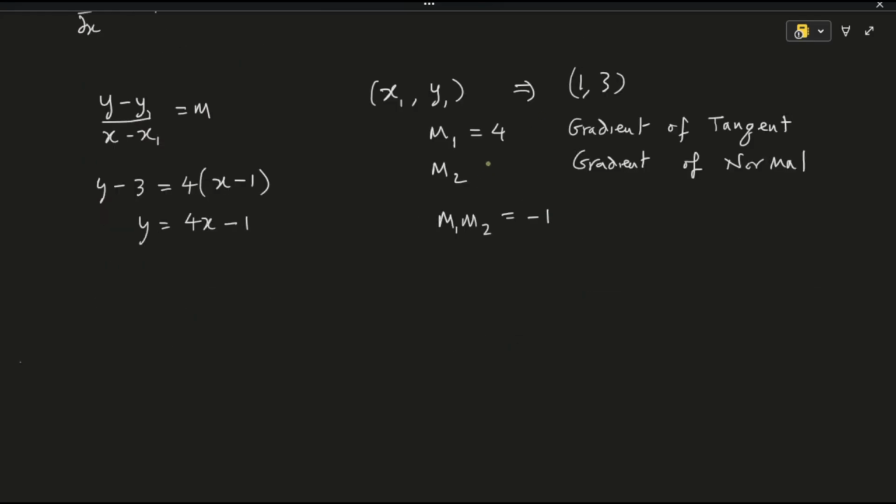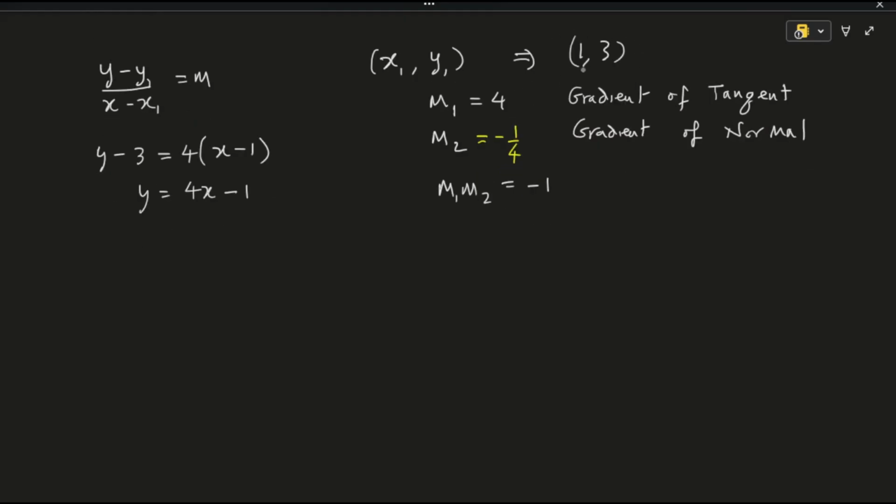So with this, m2 is equal to negative 1 over 4. So having the same point of reference but a different gradient, the equation of the normal is going to be